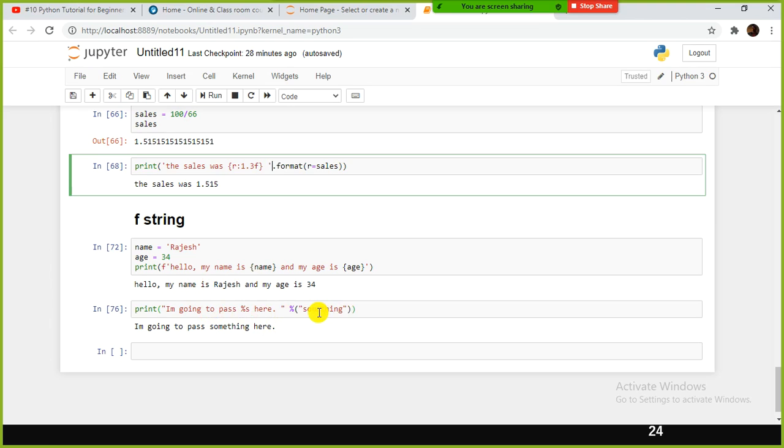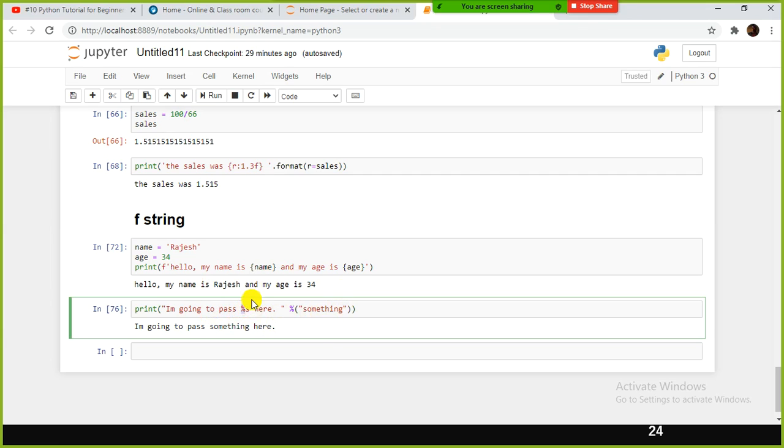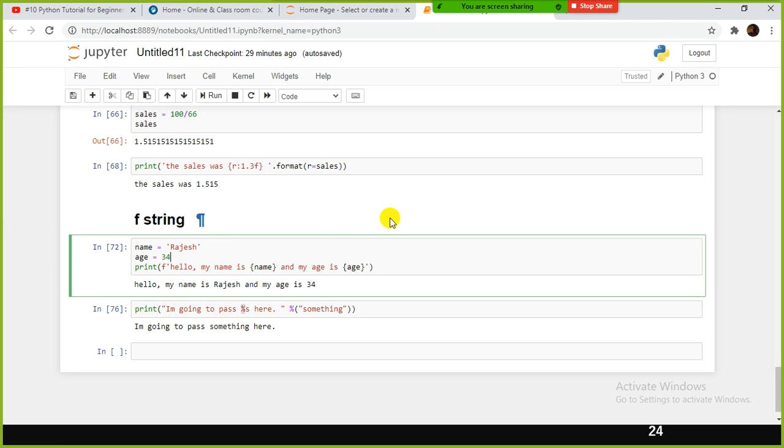So this is how we used it in the past, right? We use percentage s to substitute the values inside the string. This is the one we used traditionally, but nowadays most of them use F string. F string is much simpler. Also, the padding option is available. So left, center, right. As part of format, you have the padding. You can do left justification, right justification, center justification. Everything you can do.